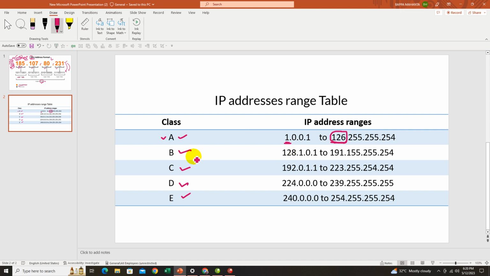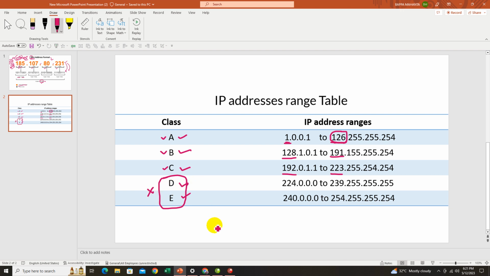Similarly, for class B, the range will be 128 to 191. Any IP address whose starting number is between 128 and 191 will be class B. 192 to 223 would be class C, and similarly class D and E. But remember, my dear friend, D and E we are not going to use, because these two classes of IP